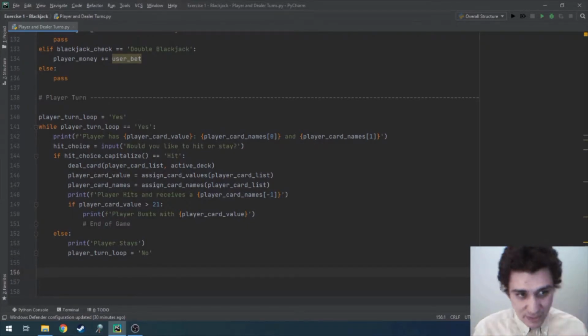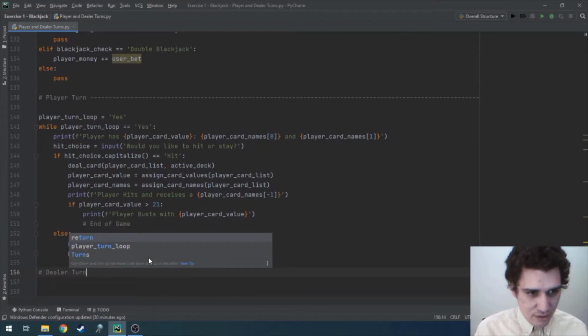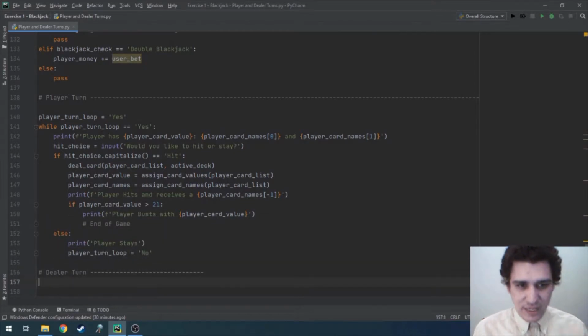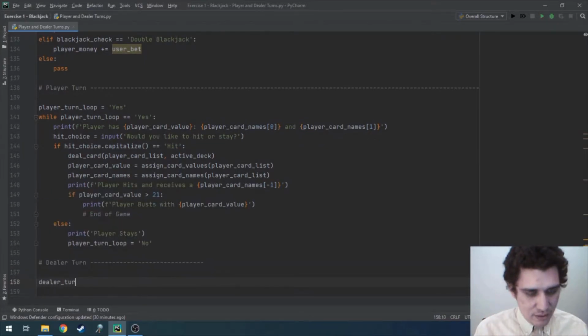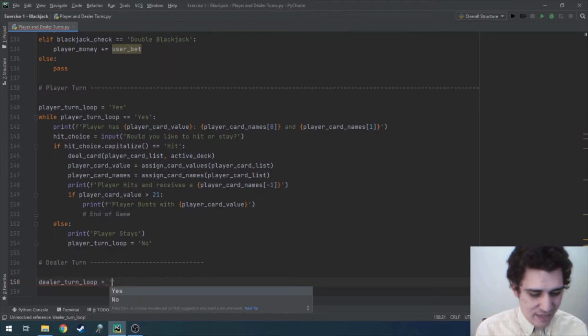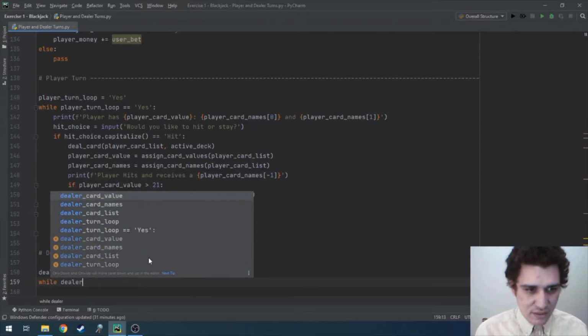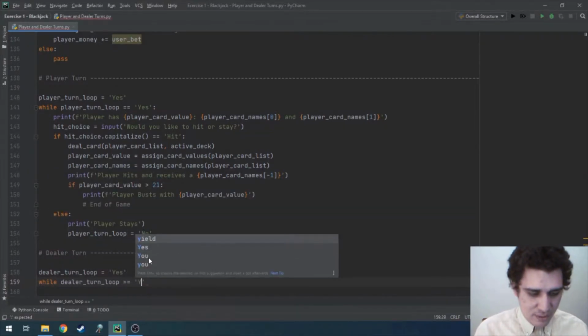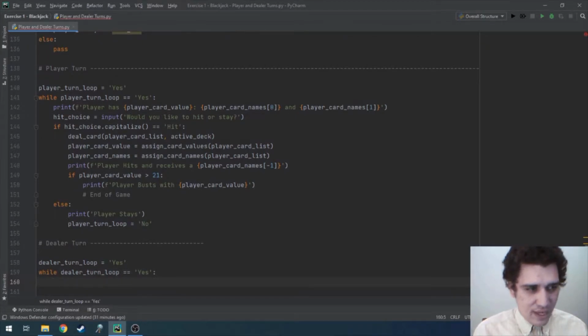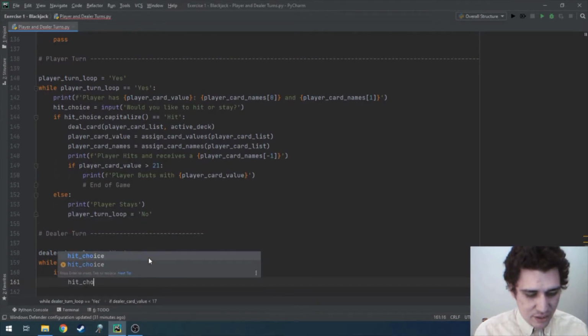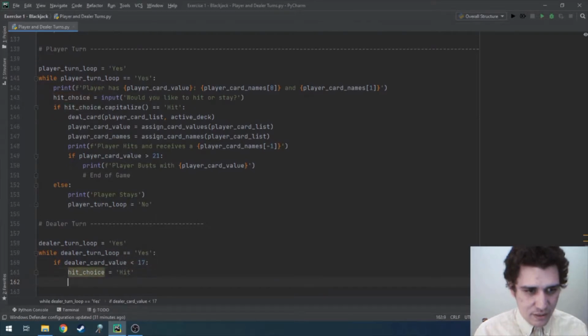There can be variations in your rules depending on your local casino, but we're going to stick with those rules because they're very simple. So again, let's do dealer turn. Let's give just a couple of bars and then we'll keep going. Dealer turn loop. Again, we're going to create a variable to keep track of whether or not the dealer turn loop is active, and then a while loop. While dealer turn loop is equal to yes. And then here's where we're going to put in the logic for hitting or staying. If dealer card value is less than 17, hit choice is equal to hit, and elif,